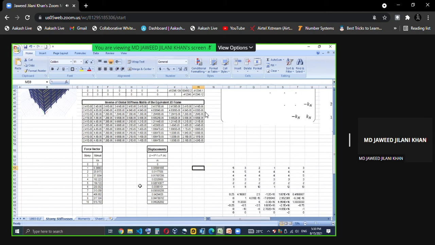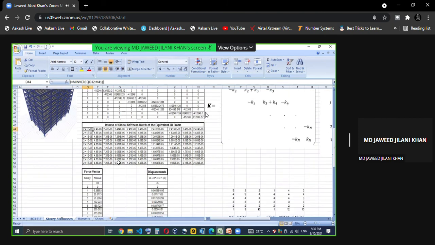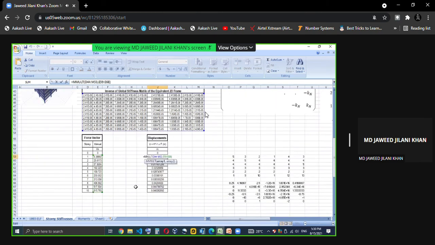If you want to calculate the displacement, U is equal to K inverse of F. So I calculated the inverse using MINVERSE. This is the inverse of this matrix. When I multiply this, you can see these values. I have multiplied this into this. I can use MMULT.